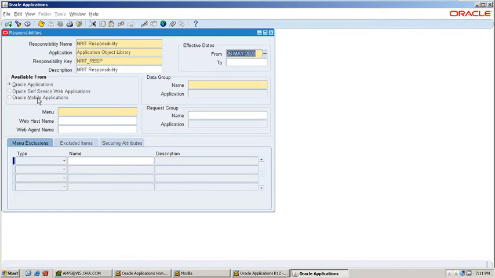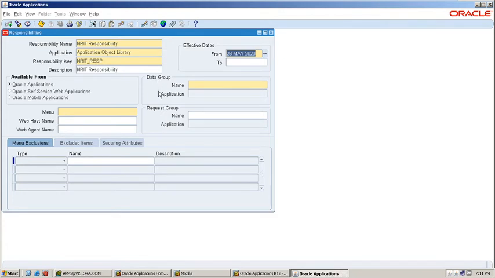And on the left hand side you can see Available From, where this responsibility can be accessed. Here I am selecting Oracle Applications.